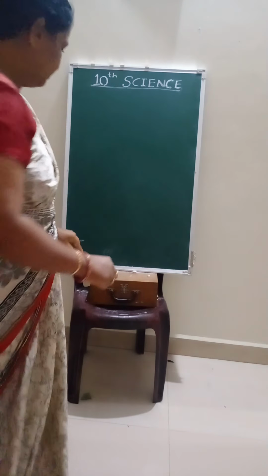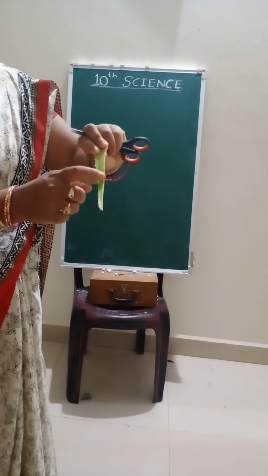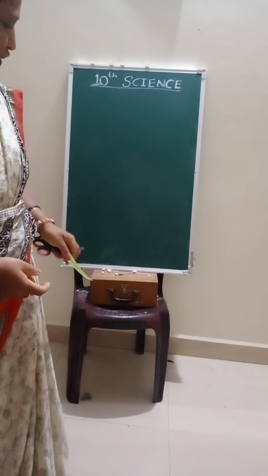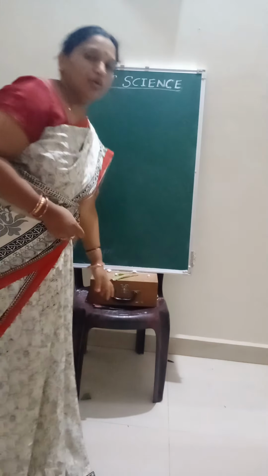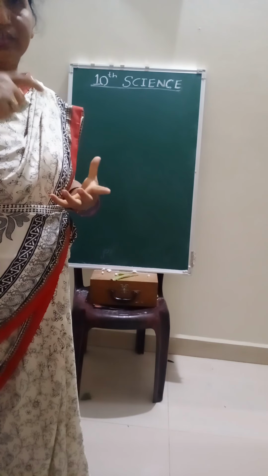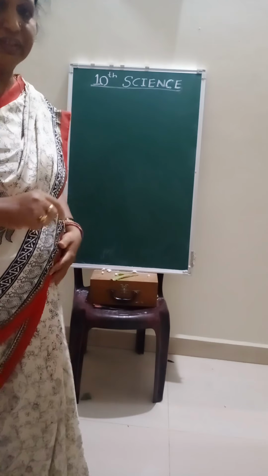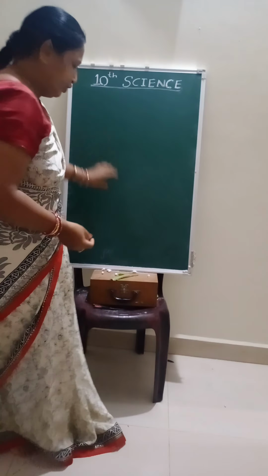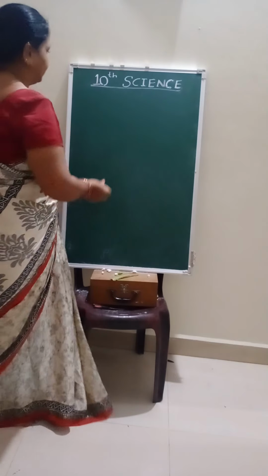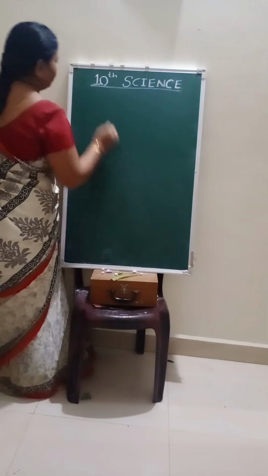In some plants, there is a waxy layer. So this is called the cuticle. So let us draw this. If you observe the mango plant, you can easily note the cuticle there because it is very shiny and glossy at the upper side. So we are going to draw. This is called the cross section. This is for 2 marks in the exam. So we are going to draw the cross section of leaf.